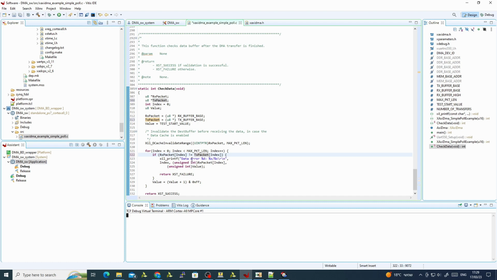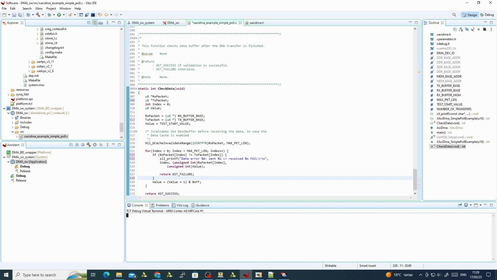If it's not okay, we will say data error, sent not equal to received, fail,